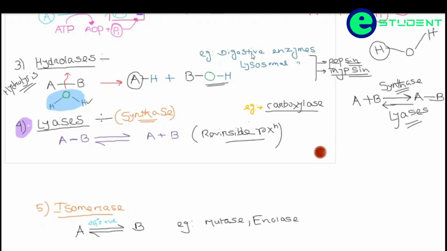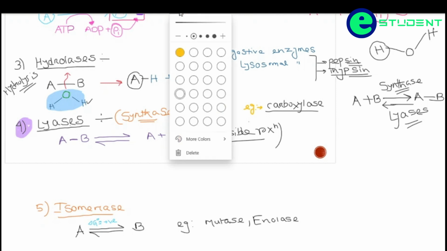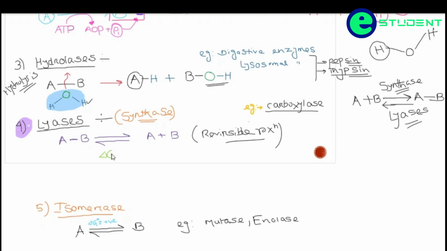Okay, and there is a very important and crucial concept: how those reactions are reversible. The delta G naught, I mean the Gibbs free energy, is negative and only slightly negative. This negative value is not so high. So this reaction can go in both directions, both forward and reverse, whereas hydrolysis has a delta G naught which is very negative, highly negative.